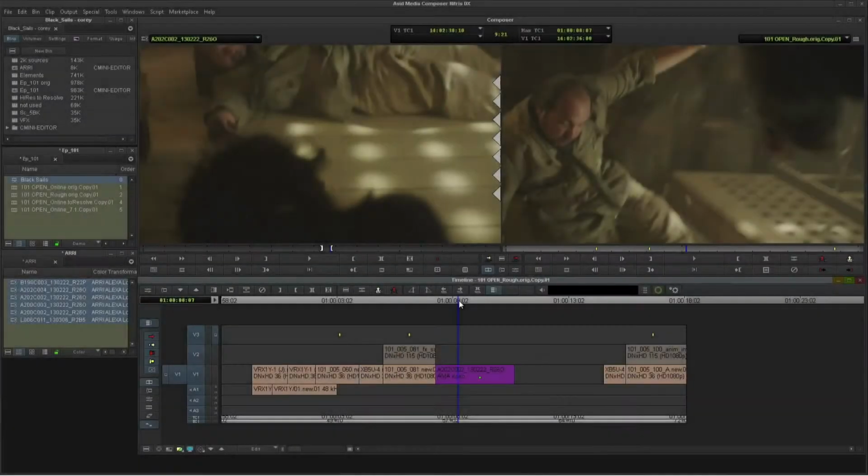Having the ability to apply color transformations in this manner gives you the flexibility to make changes to your clips and sequences as needed. And in a collaborative production, you can count on changes and needing to make them fast. For example, let's say the DP on the shoot is crafting a custom LUT or CDL in Resolve to be added to the basic LUT we already applied. As you saw, our sequence is broken up into two scenes. We have a very chaotic one that takes place on the deck of the ship and another one that takes place down below. For the below deck scene, the DP may want a very specific look for us to work with in post. So if we go into our color management settings,